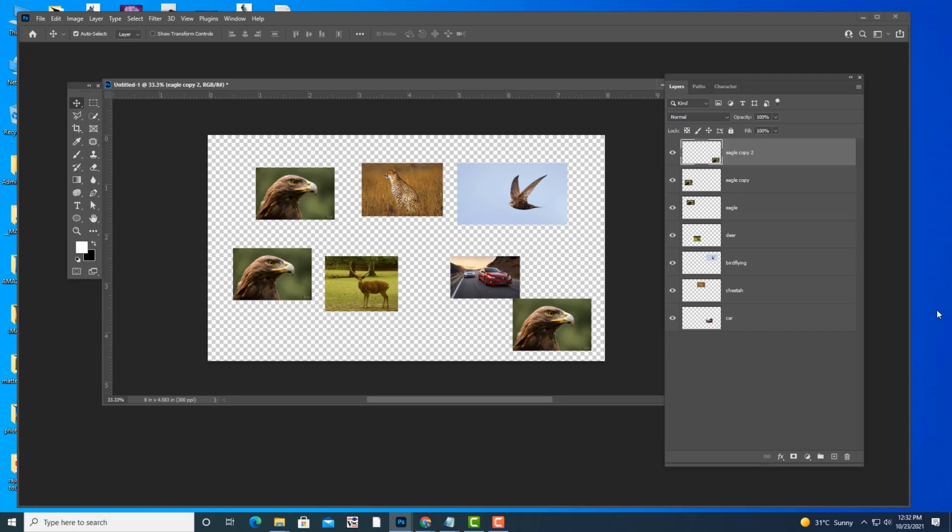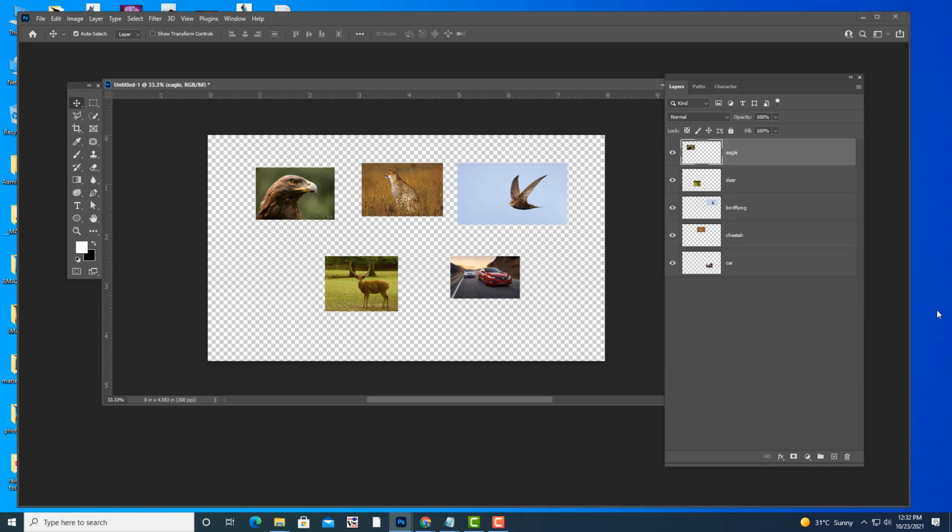Okay, and what is the difference between this Alt drag and Ctrl+J? If you use Alt drag, even though you are getting a duplicate, you are manually placing the image in a specific location. But if you use Ctrl+J, the duplicate will be created exactly on top of the original.